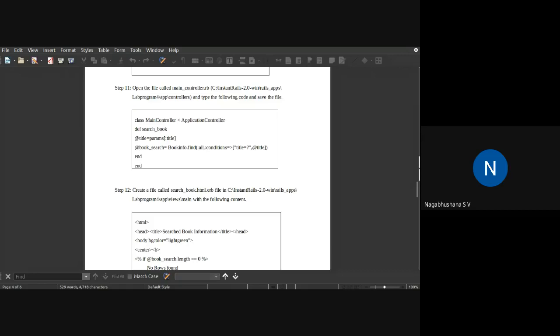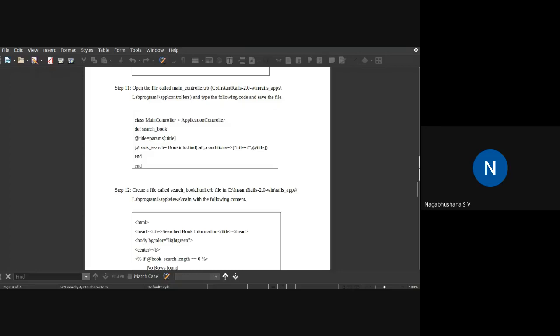Now @book_search, book_info is a table name, and find is a method. Find all the books, :all means whatever is matching that specific title, you display the complete book information of that title, and the condition is given. The condition is only the titles, like a parameter which is being passed.